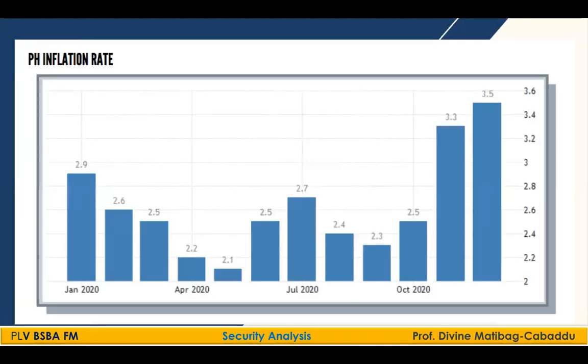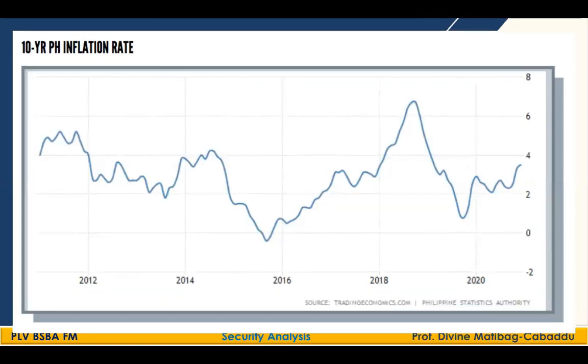Now, let's take a look at the inflation rate. Last December 2020, the inflation rate in the Philippines was 3.5%. So you would hear some people commenting that, wow, this is too much, the price of commodities are getting high. And it's true because over the past 12 months, 3.5% is indeed the highest. In May of last year, our inflation rate was 2.1%. But if you look at the 10-year inflation rate in the Philippines, there are in fact years that posted a higher inflation rate than that of this year.